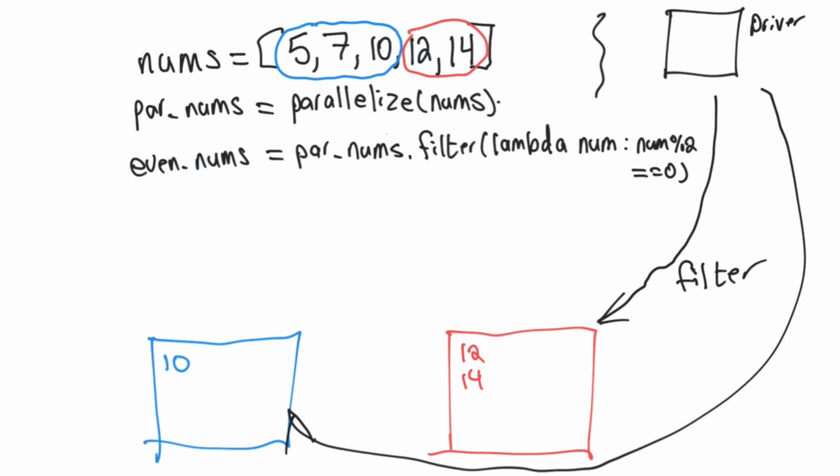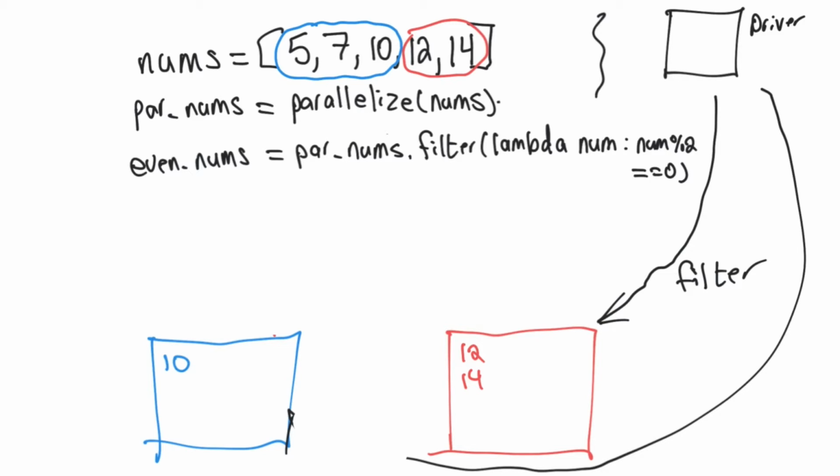They're both even. Okay, so we just performed what's called a narrow operation on our RDD, which means, notice, these two didn't have to communicate at all, and we didn't have to talk to if there's any other machines. There wasn't anything else going on. Okay, the only communication was from the driver program to the nodes that said, hey, run this function on each of your elements, and keep it if you want to keep it, and don't if you don't. Notice the driver program, sure, it might contact it to make sure that it didn't run into any errors, but aside from that, it's not concerned with what's going on, and within each node, they're not concerned with what other